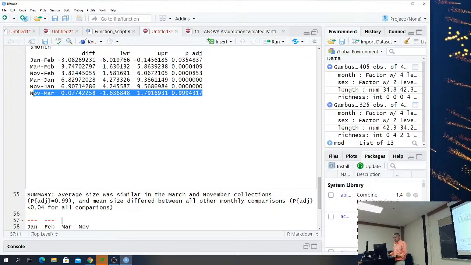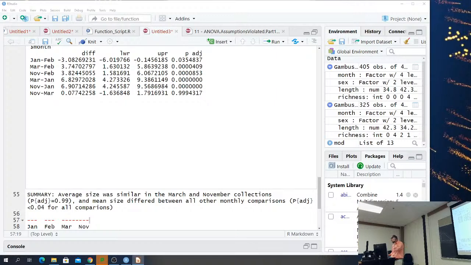November, March. Those are not different. So now I will put a line across. And this just kind of helps to visualize which ones are different, which ones are not different. So I like doing that one because